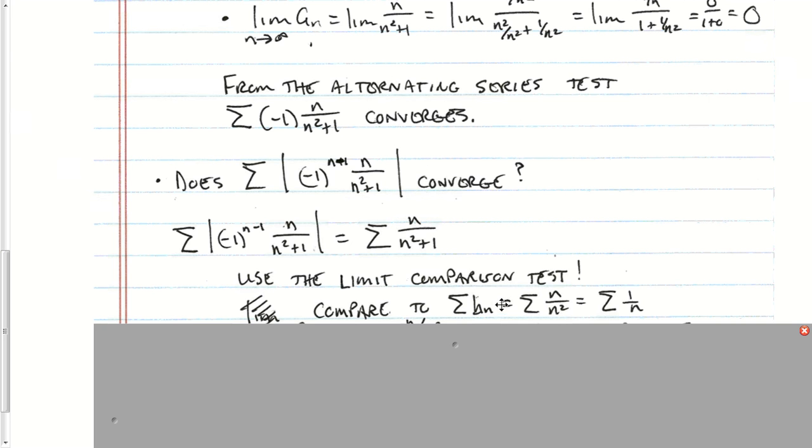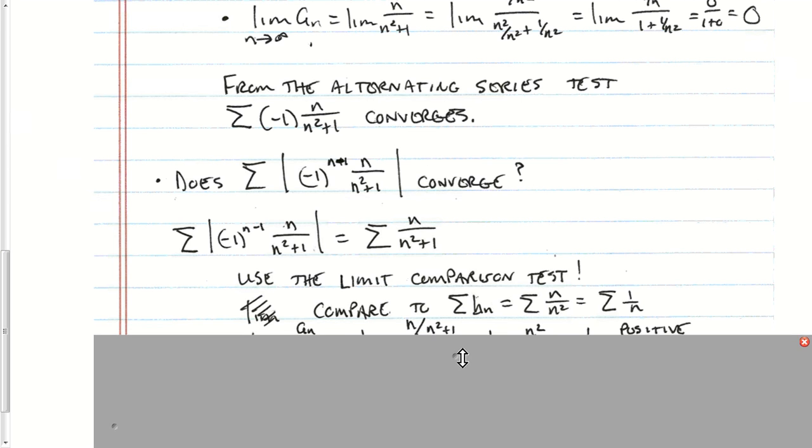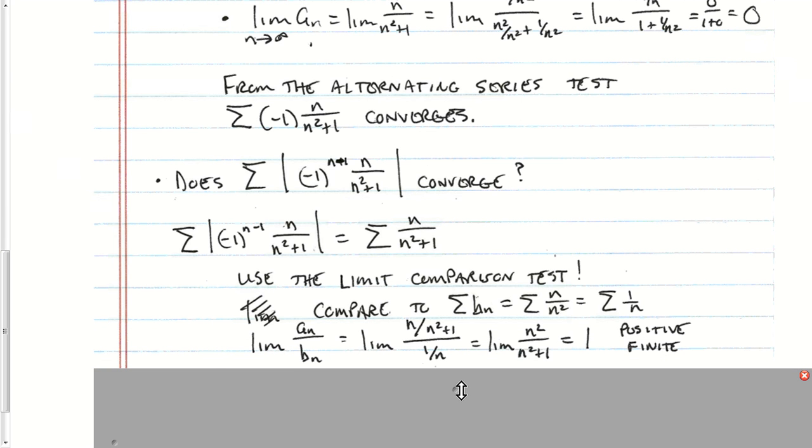Remember, the limit comparison test says, okay, what we're going to do is take the highest power of n in the numerator and the highest power of n in the denominator, and this is the way we decided to choose the comparison series. And ignore all other parts. Well, that gives us the sum of n over n squared, which just simplifies to the sum of 1 over n. Now, we know that diverges, okay? And so